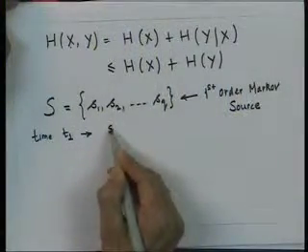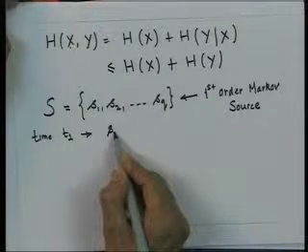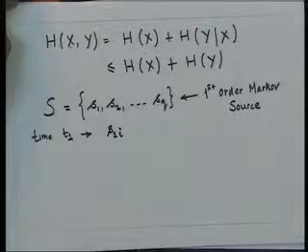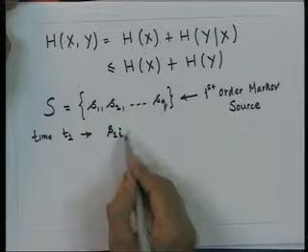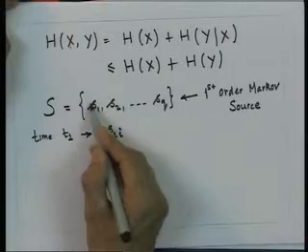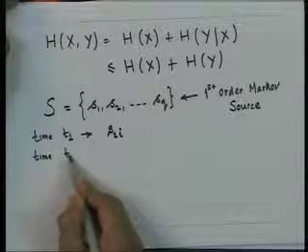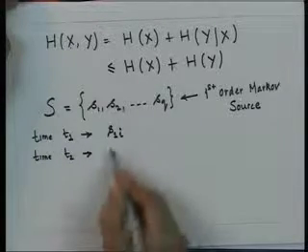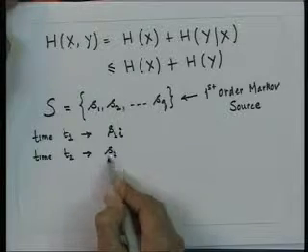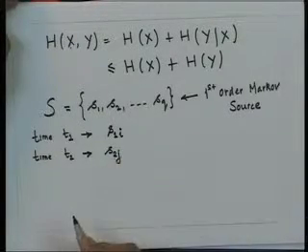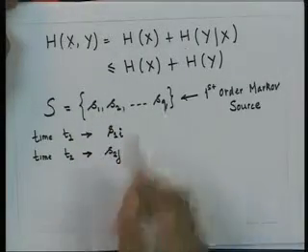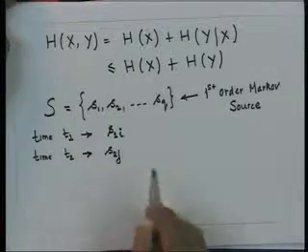Let me assume that I have a time instant t1. At this time instant t1, let us assume some symbol occurs, and let us call that symbol S1i. So, S1i is one of the symbols from this source alphabet, and let me assume that I have another time instant t2, and at that instant another symbol occurs, and let us call it S2j. So, S2j is again one of the symbols from this source alphabet. Now,